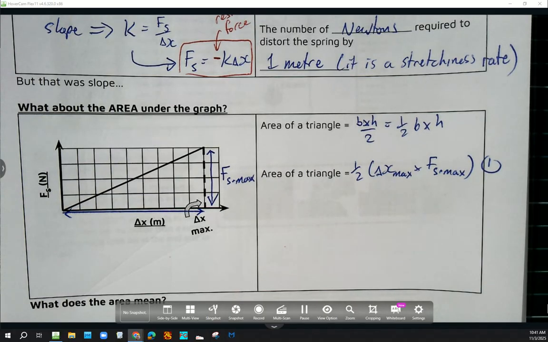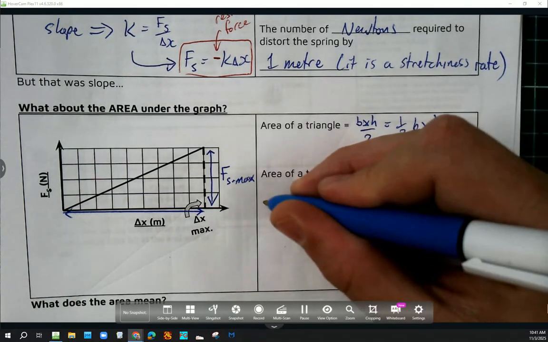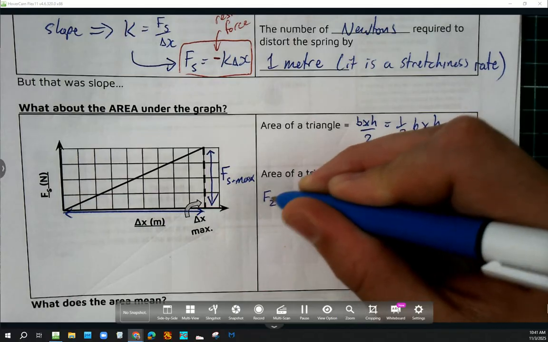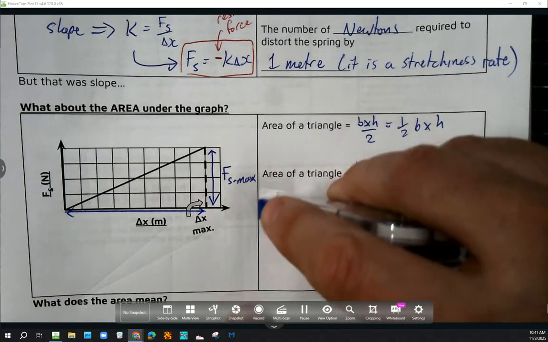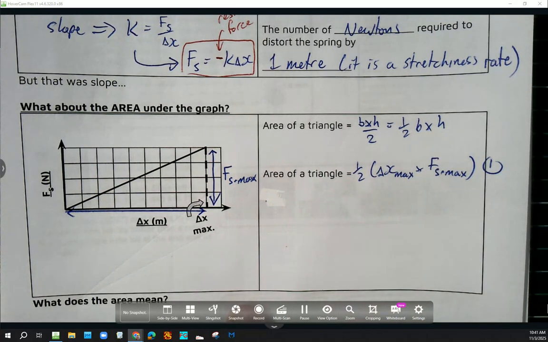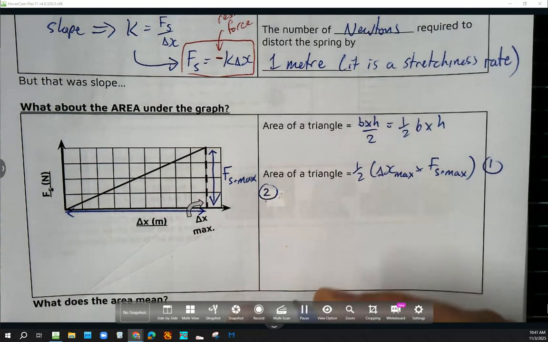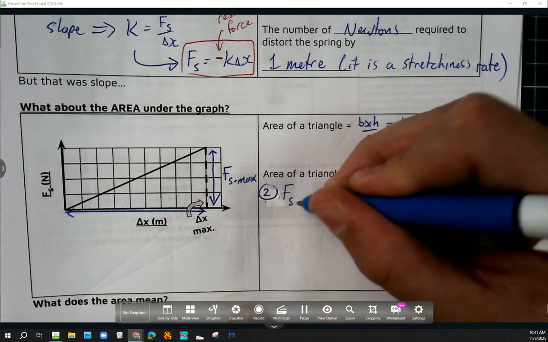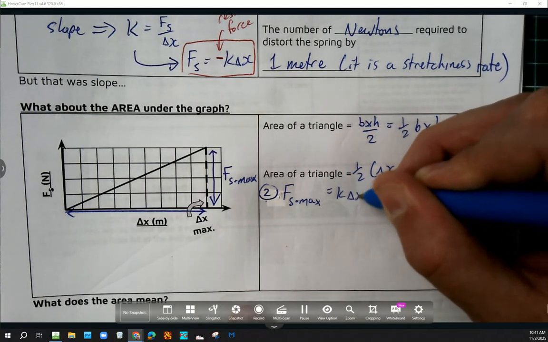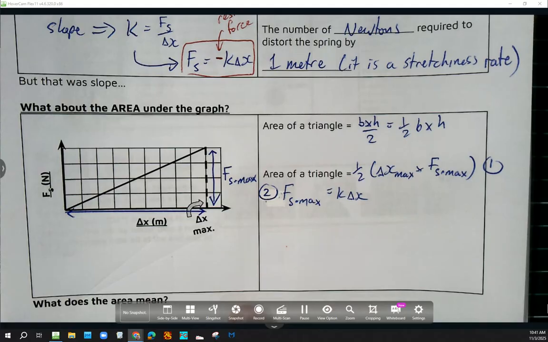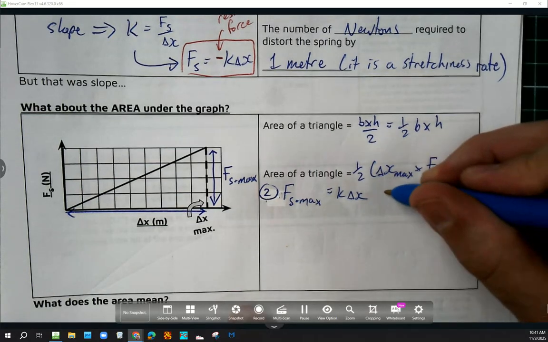But then I also want to pull out an equation 2. Equation 2, I'll put a 2 in a circle, would be Fs max equals K times delta X. That's just Hooke's ideal spring law. And I'd like to sub